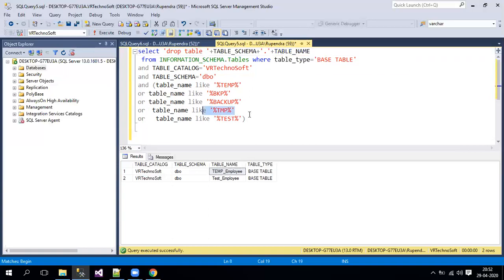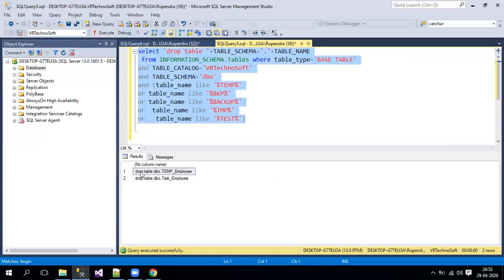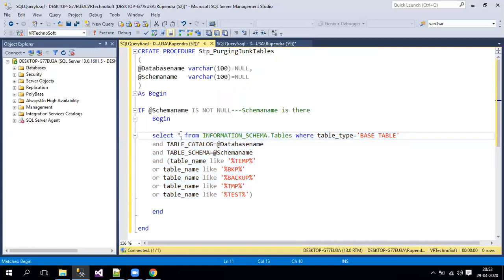If I execute this, you can also execute it in another window and see whether it is coming properly or not. Here it is coming as drop table, this schema name, and your table name. You should not put the database name over here. Why? Because it is always coming dynamically through a parameter. Now the same syntax I'll use over there as well. So either you can directly call this column name from this particular schema table, otherwise you can directly put the schema name over here as well.